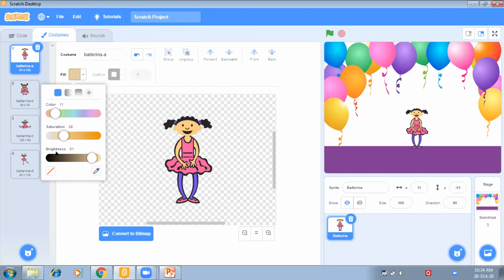No, let it be. It's looking good as black. Okay, so that's done. I have made the changes to the girl.